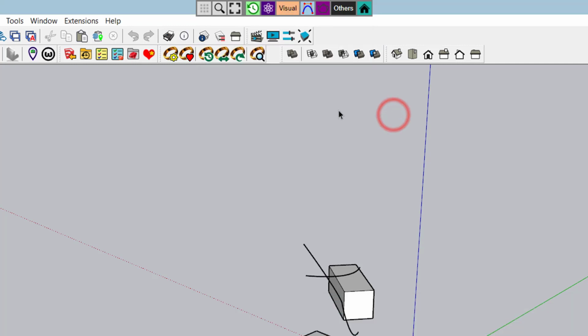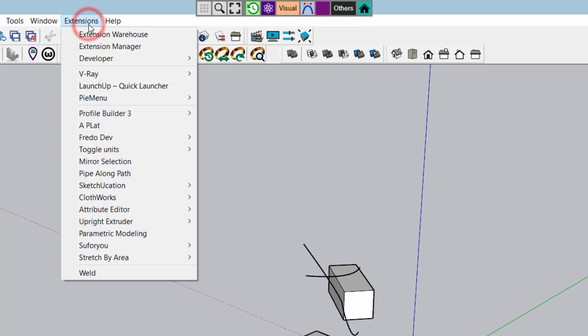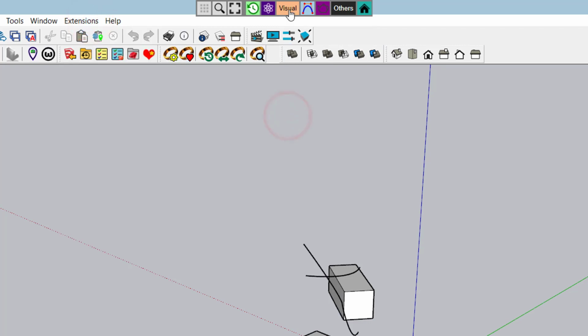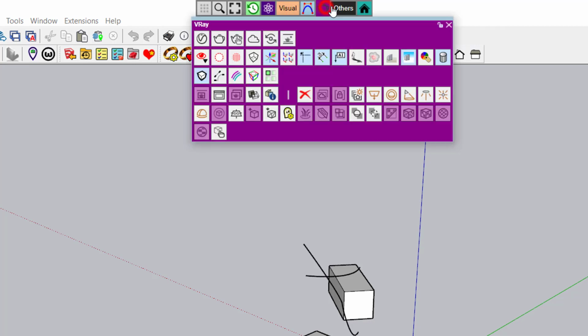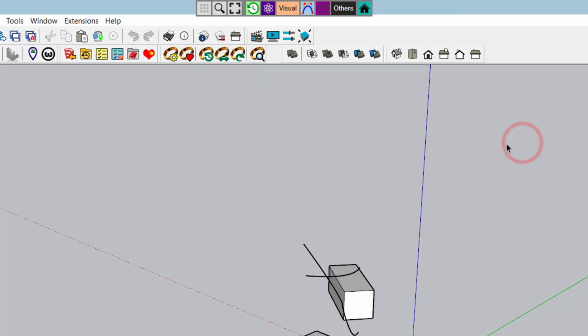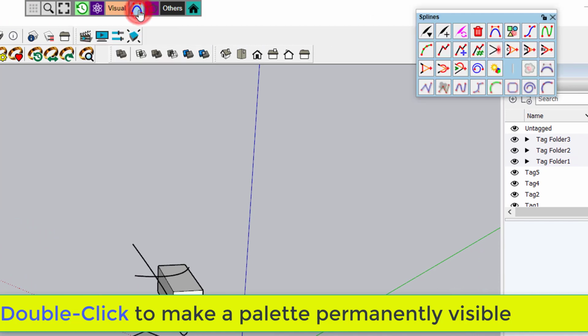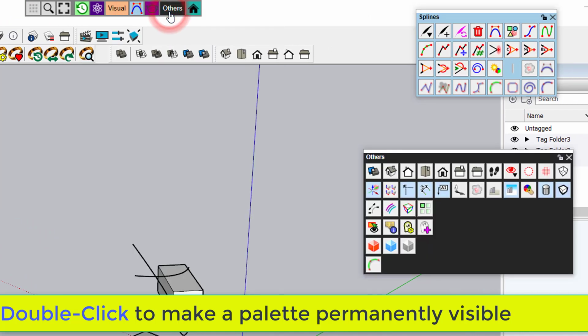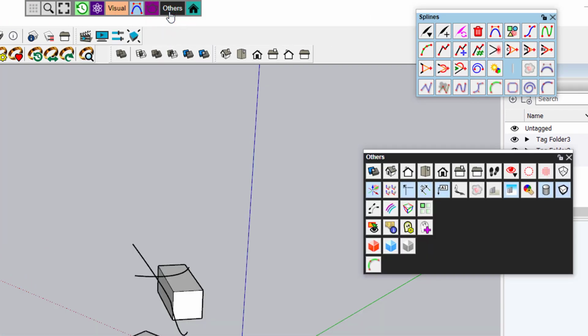Okay, so this is more like a menu where you have to click. So you click and you get the palette showing up. If you want to make a palette permanently visible, you double click. Okay. So this can be convenient to some users because it's more similar to the way a menu would work.